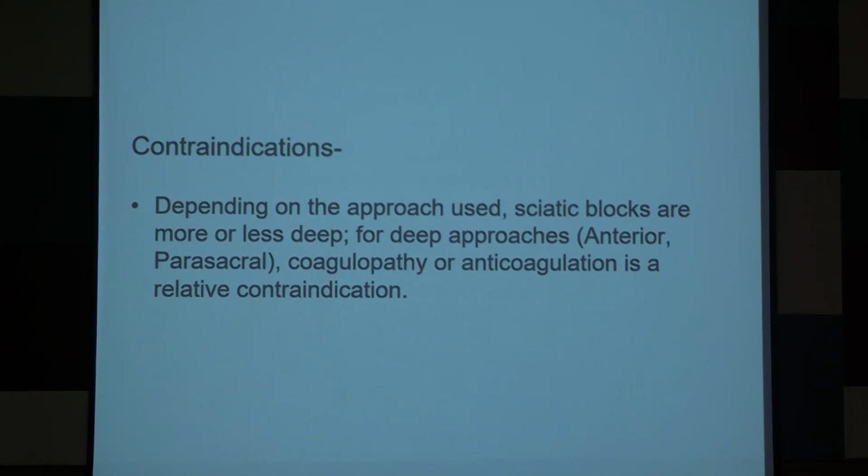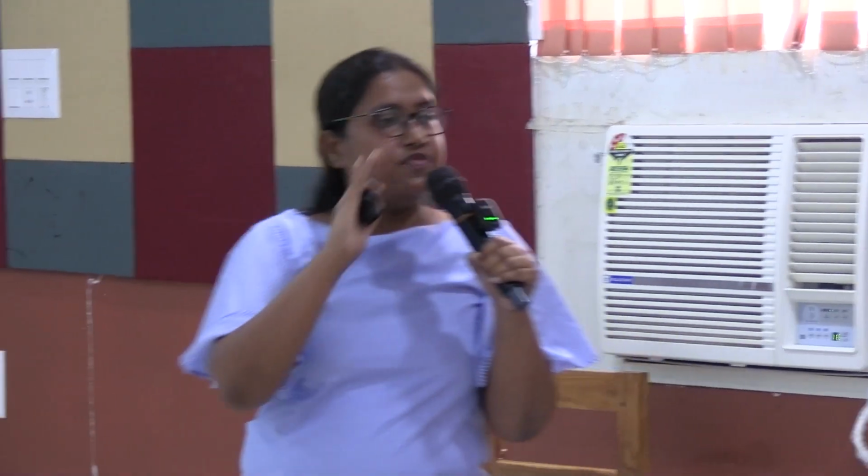If the patient has any bleeding disorder or coagulopathy, and you provide blockade and accidentally injure the vessel, then that will bleed and cause a hematoma. That is not desired. But the sciatic nerve is located very deep inside, where you have to block the nerve at a much deeper level. If a hematoma forms there, it is difficult to stop that bleeding, and you have to go for some other surgical procedure to remove that hematoma. So any bleeding disorder or coagulopathy is considered a relative contraindication for any nerve blockade, right?